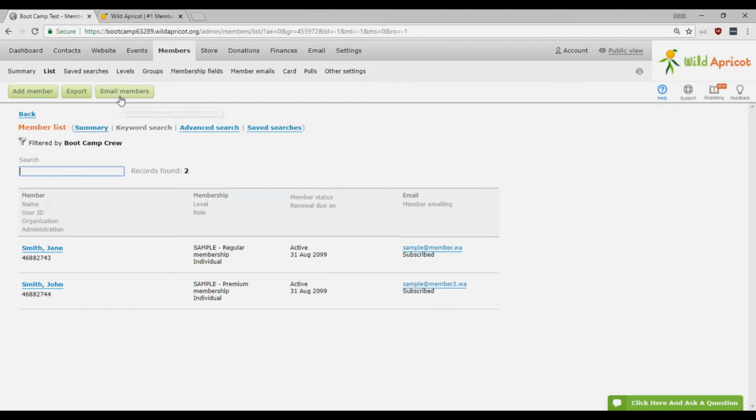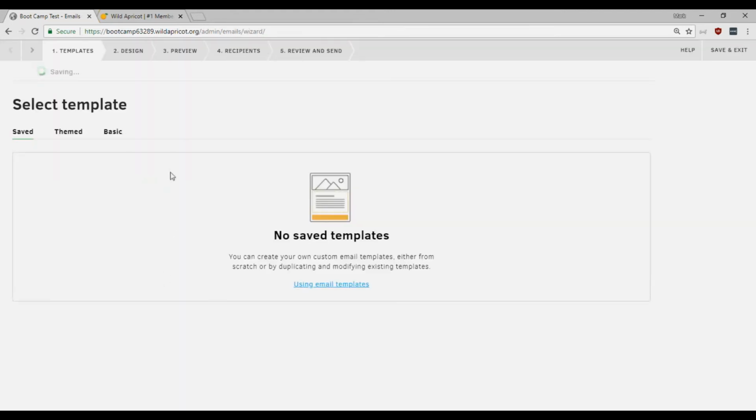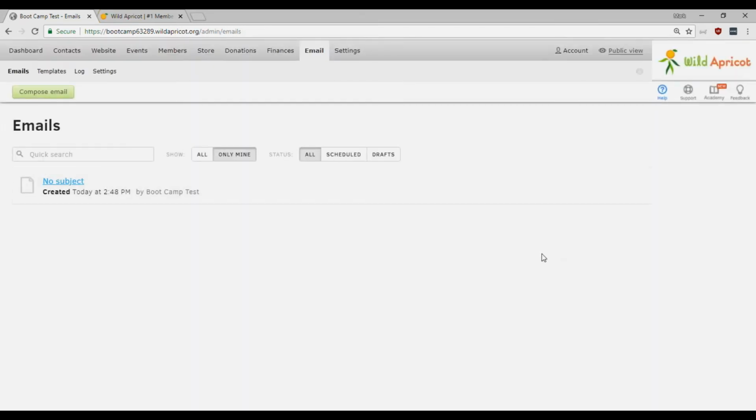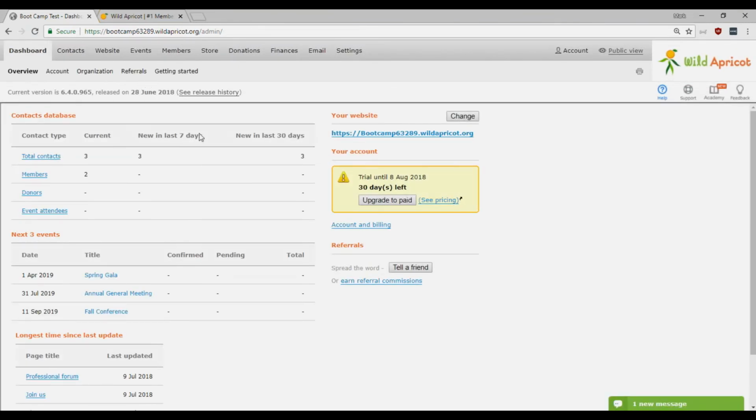And you'll see up here at the top that you have the button that I like to think is the most useful button on Wild Apricot. When you look at something like a member group, you can email all of those members specifically. So this is why you do things like save searches. This is why you do things like review your groups like this, because you can very, very quickly send out a message to just these 2 users, or let's say the 200 users. It doesn't really matter. You could very quickly send one out just by going to that screen and using that button. So I won't actually send an email out now. That's for Wednesday, and I think we're running a little slow on time anyway.